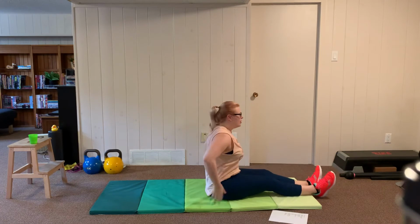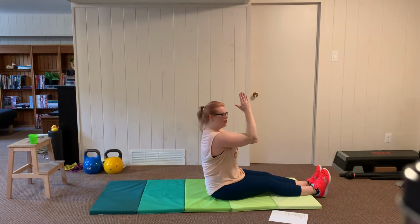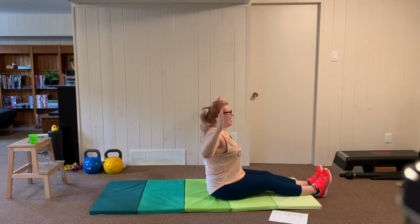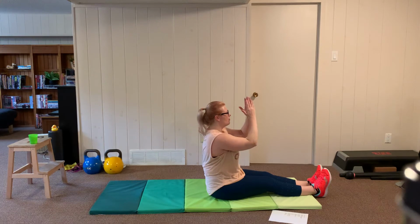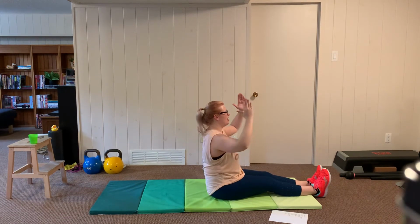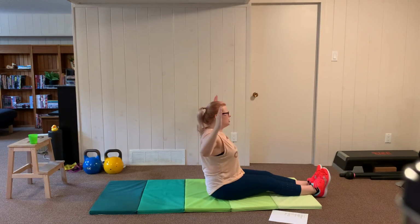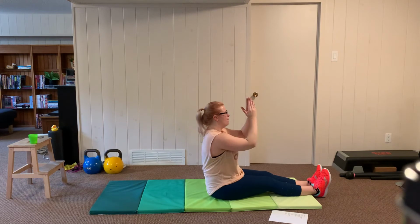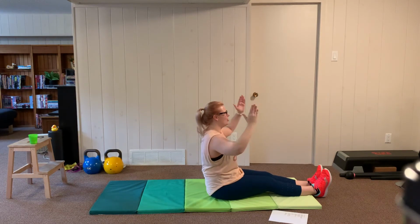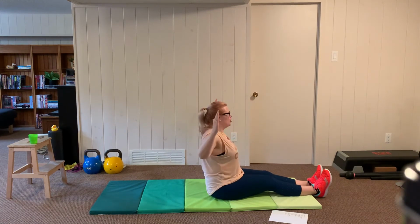All right, let's come up to our seated position. We're going to go to those W's, sitting tall. Legs are out. Let's position those arms so they're parallel to the floor. Lift through the chest. Here we go. 8. Once again, try to prevent your head or neck from bobbing. Keep your heels pressed out and focus on making that W shape, pulling, squeezing the shoulder blades together. 3 more here. 3, 2,